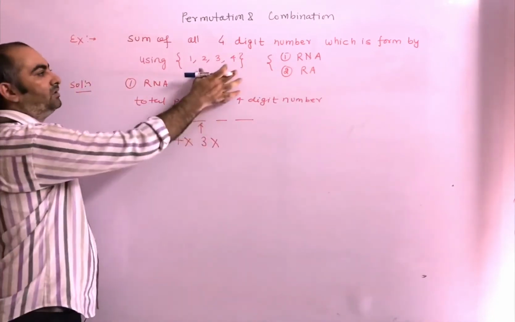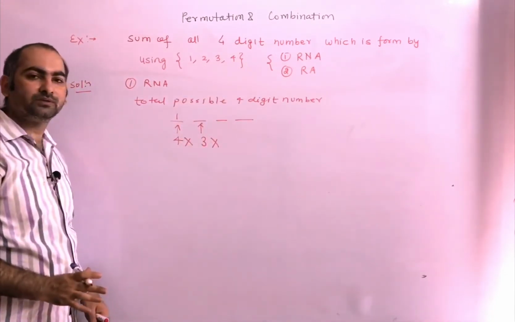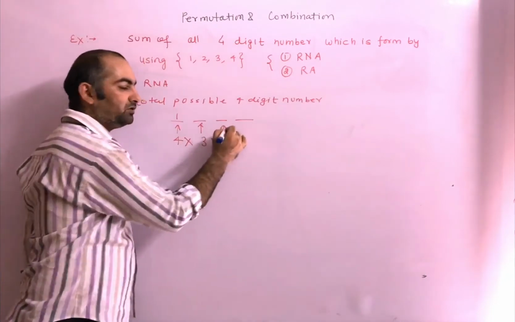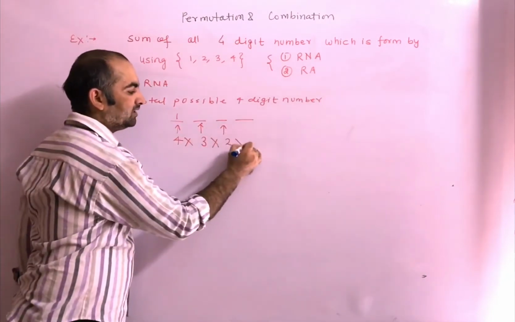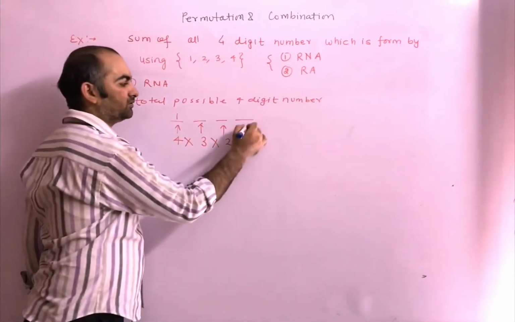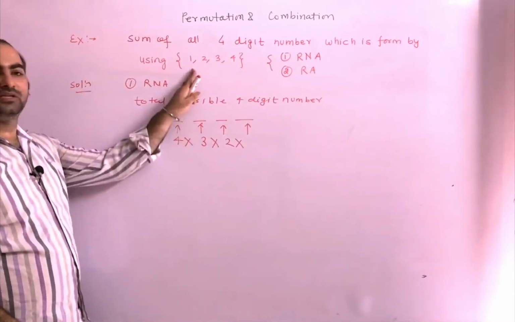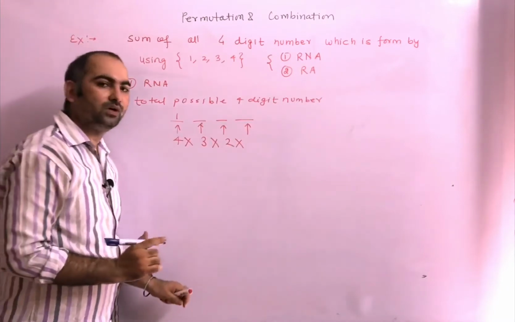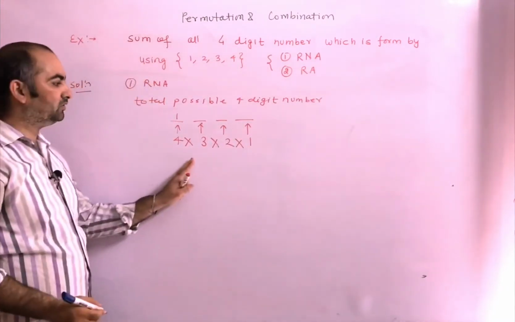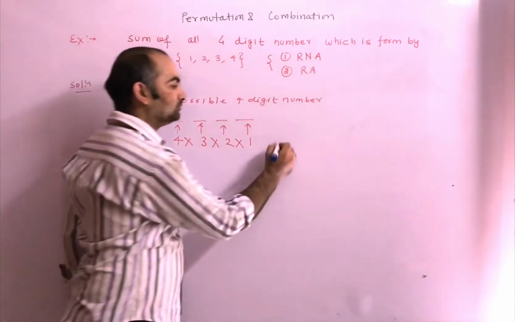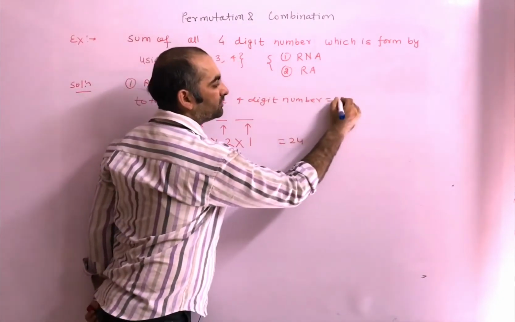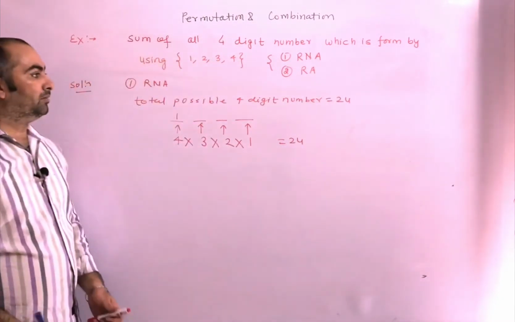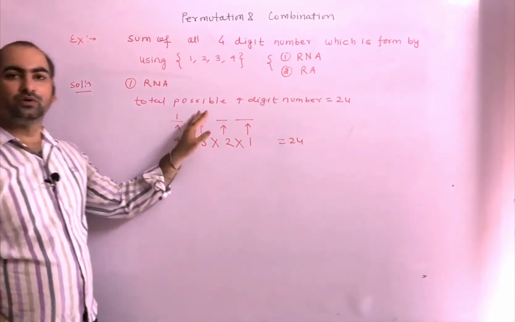Now out of 4 numbers, 2 numbers are coming here. Remaining are 2 numbers. So for filling this place, 2 choices. Again multiplication. Now you have to fill this place also. Out of 4 numbers, 3 numbers are coming here, remaining is 1 number. So only 1 choice. So 4 into 3 into 2 is 24. So total possible numbers is 24. But we want the summation of all the 24 numbers.